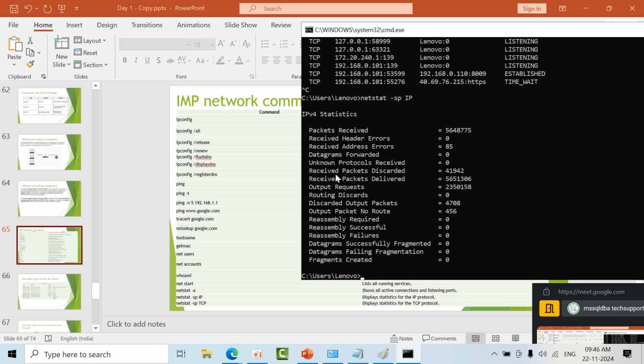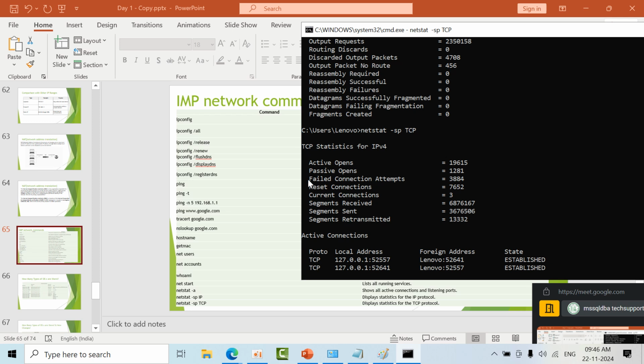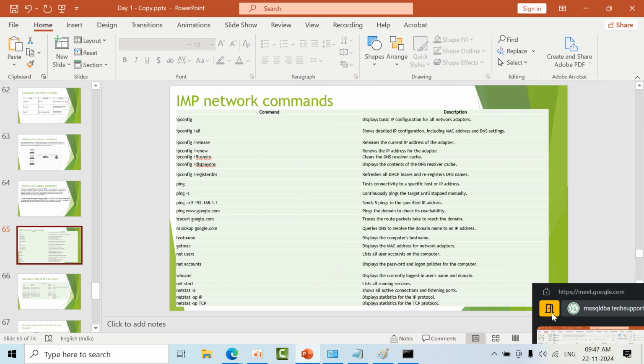Now using this information you can go to the networking team. Hello team, I'm getting some networking errors, could you please let me know whether I'm facing network issues or not. Why am I getting reassembly failures, why am I getting fragmentations? All these should be 0 if it is healthy, you can question them. If you want to know about TCP/IP, how many packets, only TCP/IP you can see, failed connection attempts 380, passive, all this information you can have as proof to work with the networking team. Okay, now this is good.